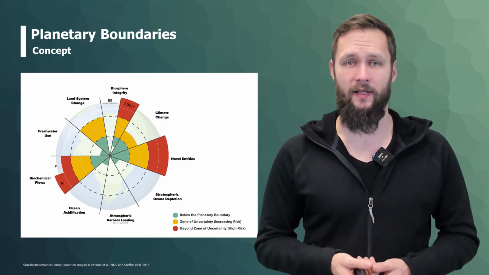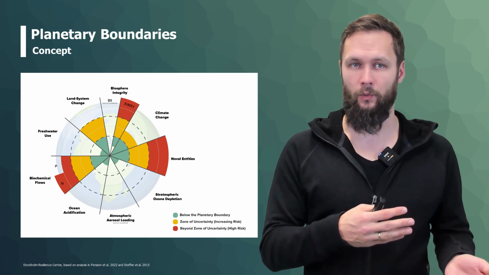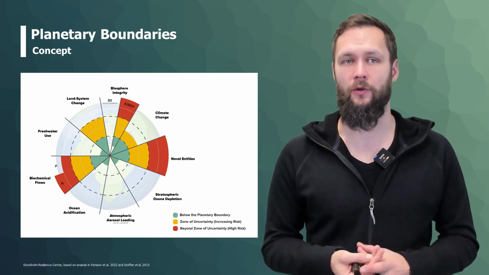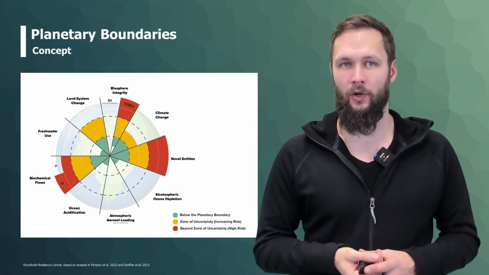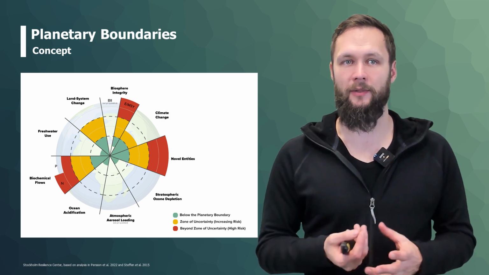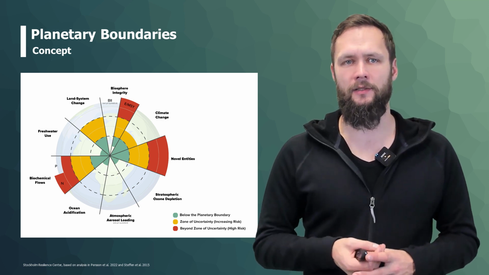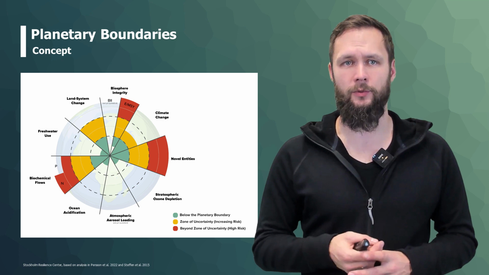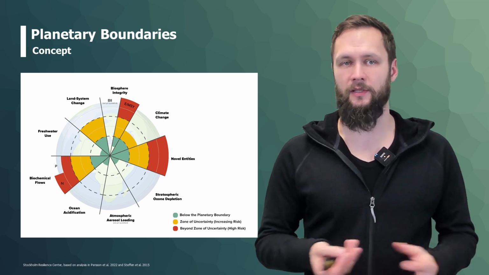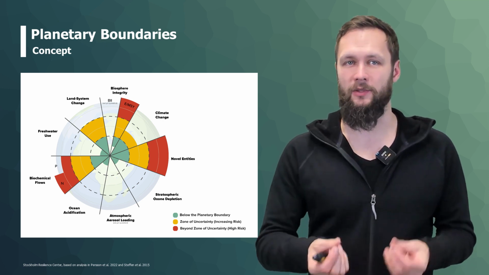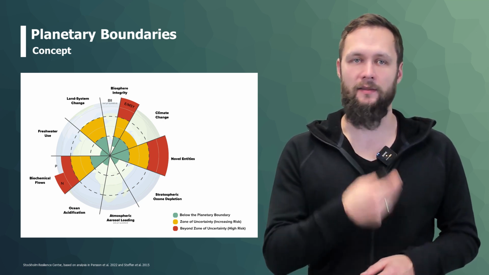Even though we already discussed in the lectures that there is a problem with, for example, having too much or too little water and the distribution of water and so on. But in terms of freshwater use, according to the planetary boundaries, we are fine. On the other hand, when it comes to biosphere integrity or biochemical flows, we're deep in the red zone, which indicates that we're in big trouble there. And you can also see that there are some indicators, two to be precise, that have no color coding at all. That means in this particular figure that they haven't been quantified yet, because some of those parameters are very difficult to get hard numbers for.